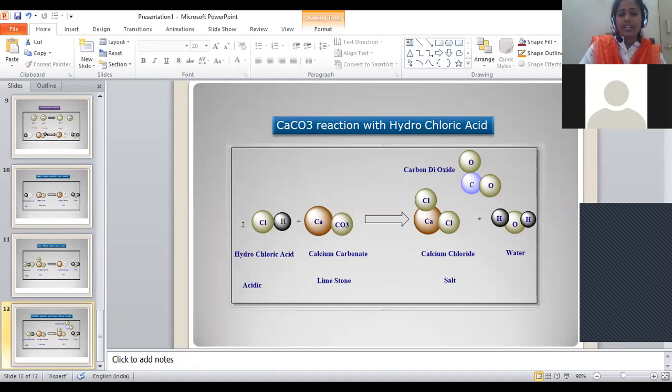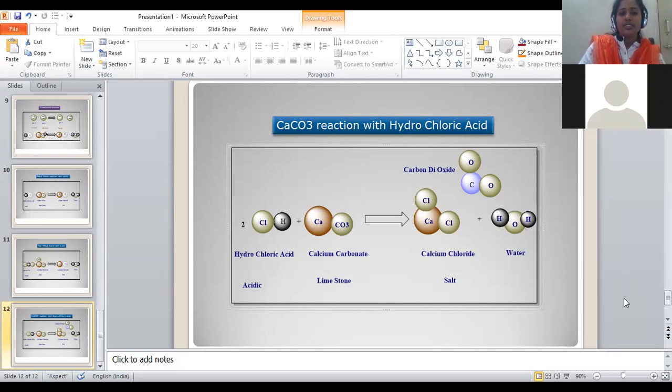How can we say? Calcium is there, calcium is there. 2 chlorines are there here, and 2 chlorines are there here also. How many carbons are there? 1 carbon here, and 1 carbon here also. How many oxygens? 3 oxygens are there: 1, 2, and in water 1 oxygen, so 3 oxygens. Here 2 moles of hydrogens are there, and you can say 2 moles of hydrogens on the other side too. This is the possible balanced equation for this reaction.